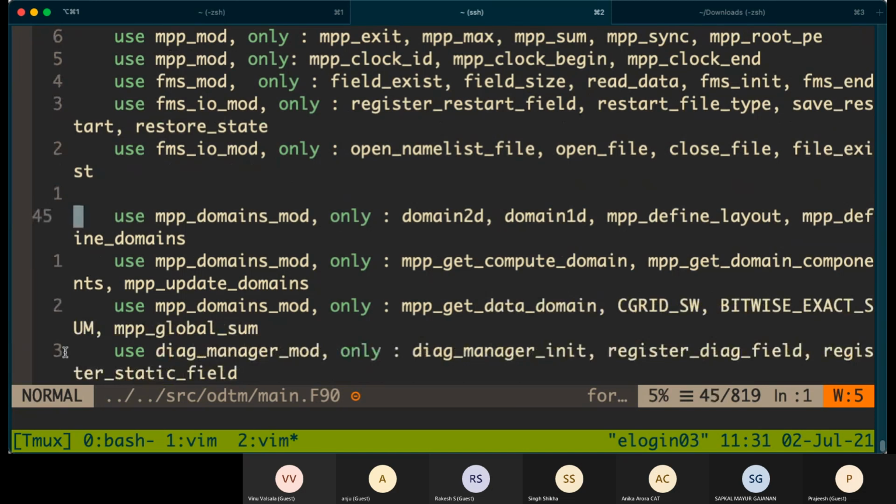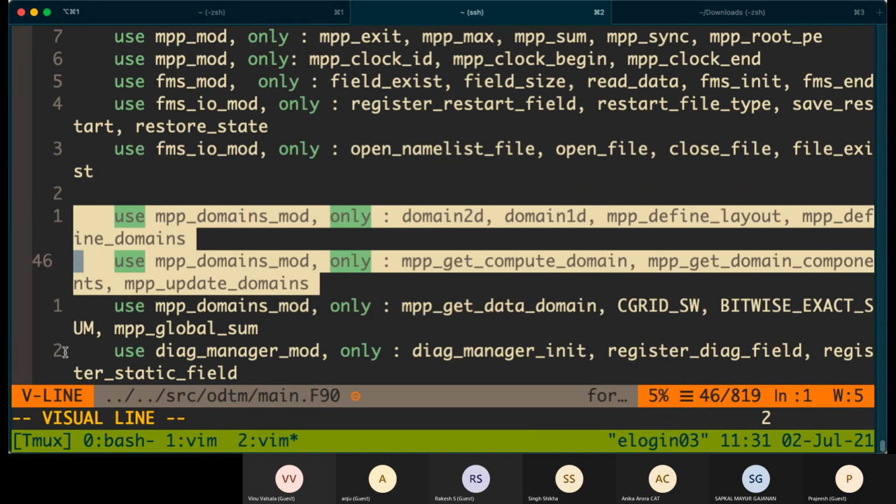For the domain decomposition, all the routines lie in MPP domains mode. In the module MPP domains mode, we have all the necessary domain decomposition routines.